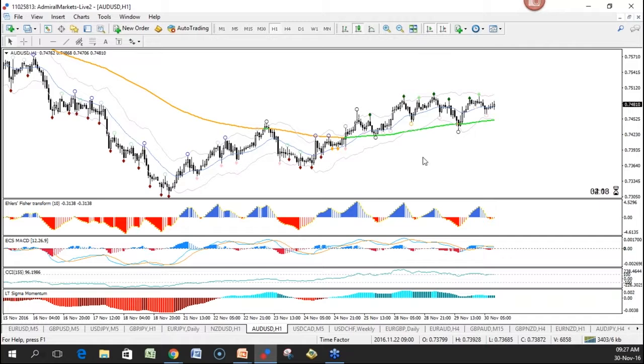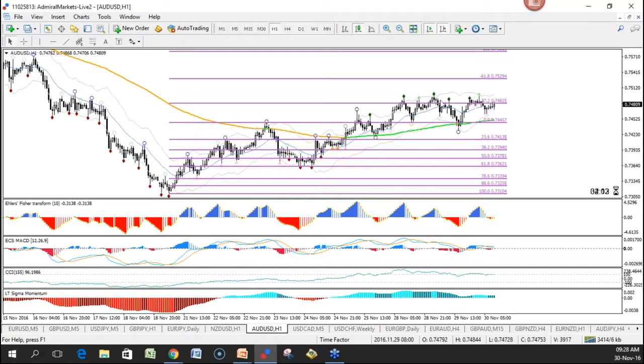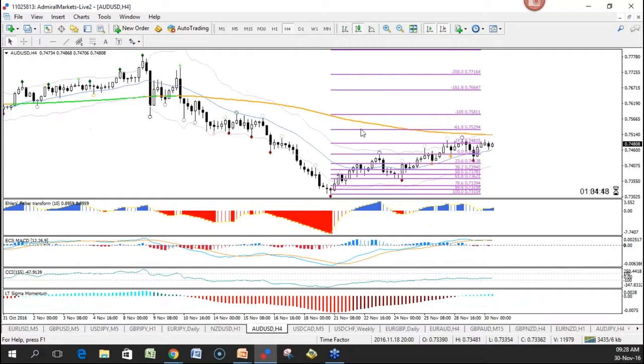Let's see. Aussie yesterday, we were talking about how price made it here. We'll go to the euro pound, sorry. Stopping at the 272 target, it could break to the minus 61.8. It didn't. It made a deeper retracement instead, but still bounced off the lower part of the Keltner and the moving average. But more importantly, if you look at these oscillators here,